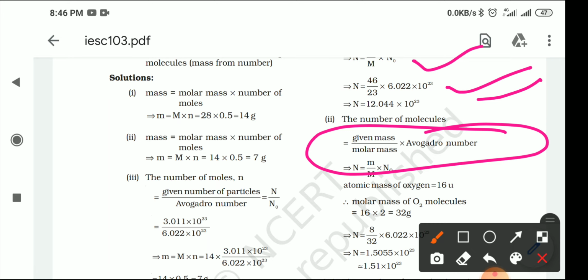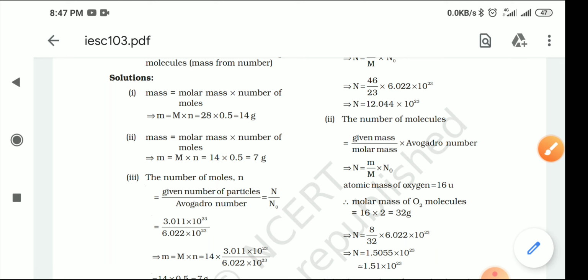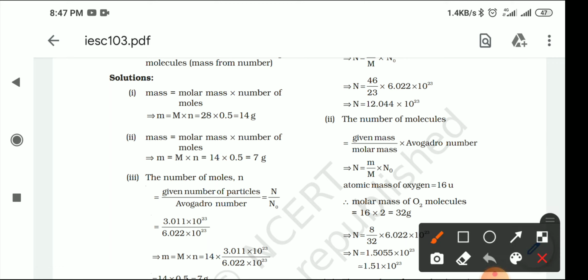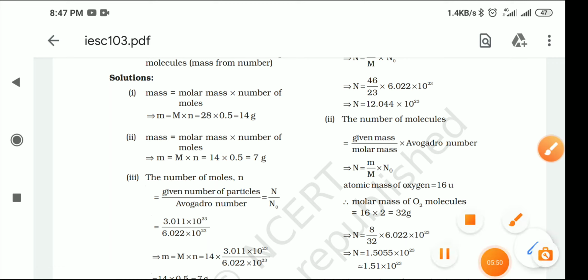The important thing here is that if N is written like N, it means a single atom, and N2 means a molecule. Like if O is written, you will put the value 16 there, or if it is O2, then you will put the value 32 there. So you should know the atomic mass of a particular atom, and then you can easily multiply with the number of atoms given in the question. This is actually very important.